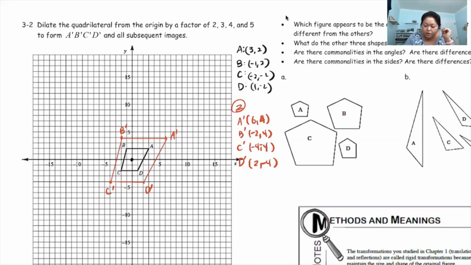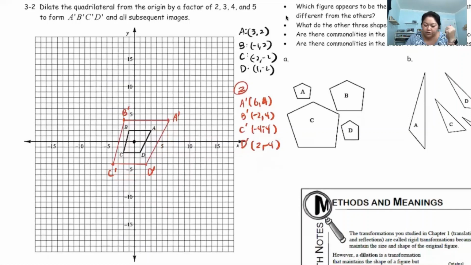Okay, choose a second color. I'm going to choose orange, right? So for orange, I'm going to do the scale factor of 3. What does that mean? Okay, this is A double prime, B double prime, C double prime, D double prime. It's really not true to call it A double prime, B double prime because you're starting from the original one. So yeah, I think we should still stick with the right terminology. This is a scale factor of 3. So A prime, B prime, C prime, D prime,